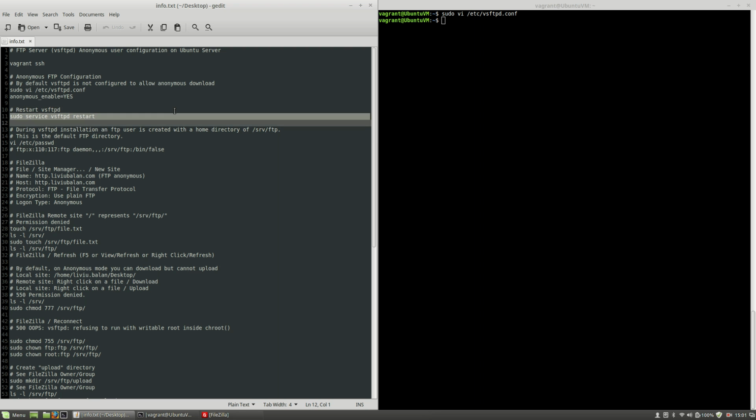Now, in order to apply the changes, you will have to restart the vsftpd service. So, in order to do this, type sudo service vsftpd restart. Hit the enter key,